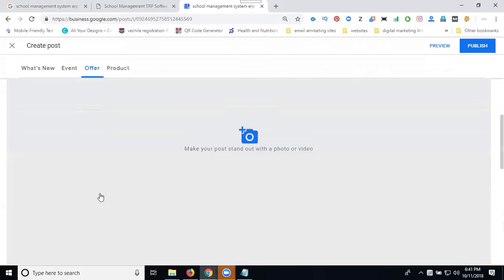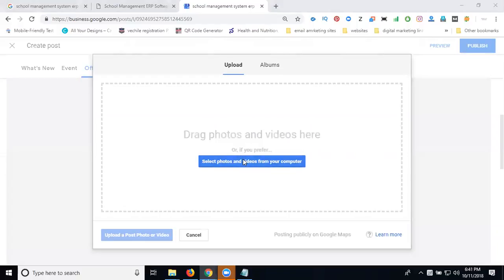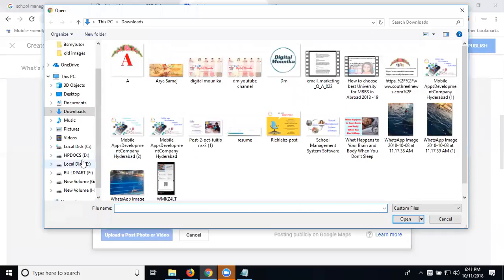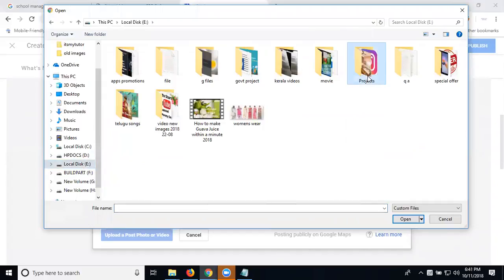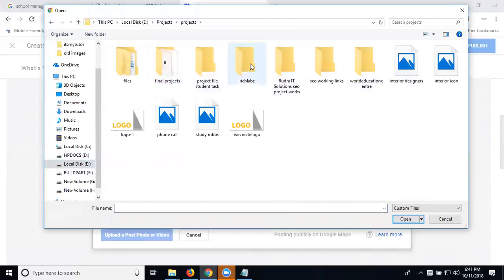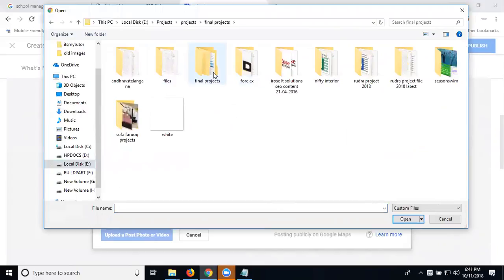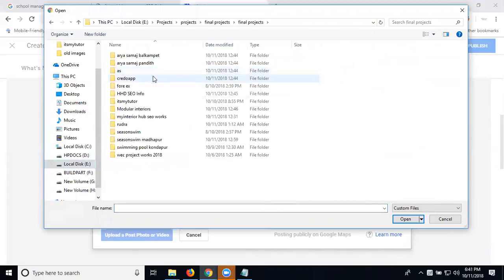Here, add it, upload, select your proper image from the proper folder, select it. Proper documentation. Select your image.